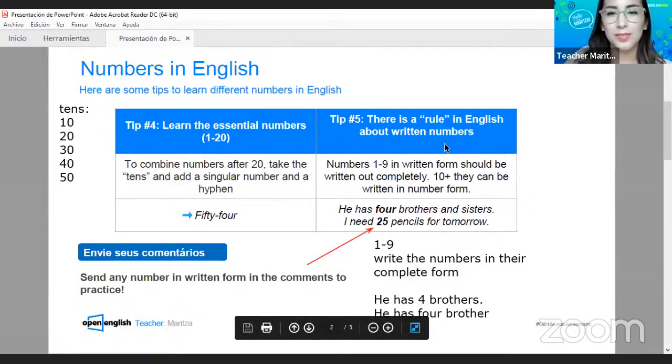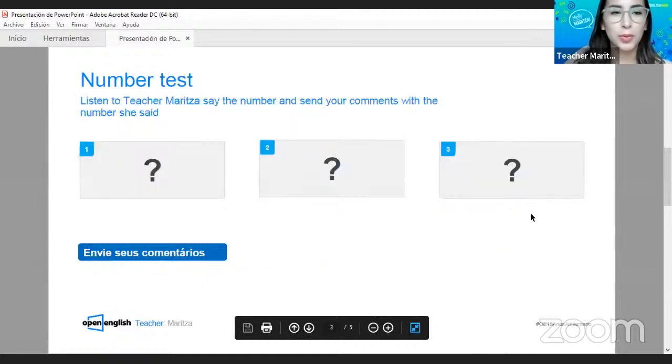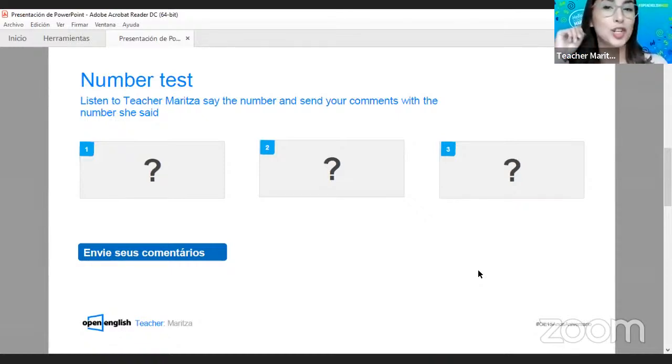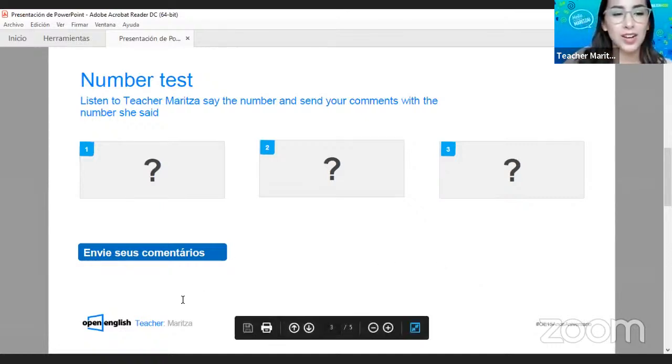All right. So let's move on to a little practice here. I am going to do a numbers test to test your listening skills. Listen to me say the number and send your comments with the number I say. So you're going to listen and tell me, what number do you hear? Number one,